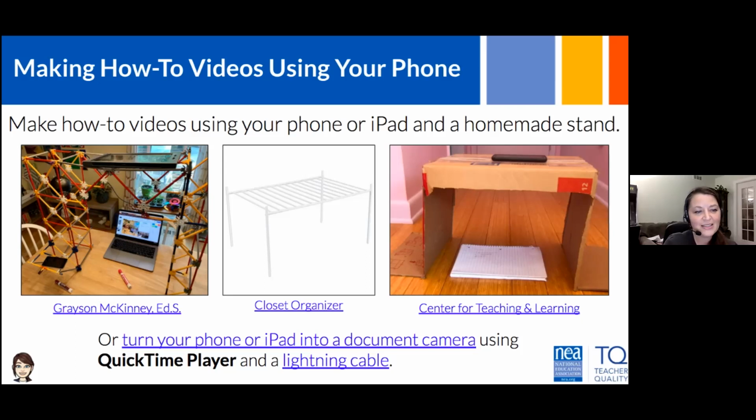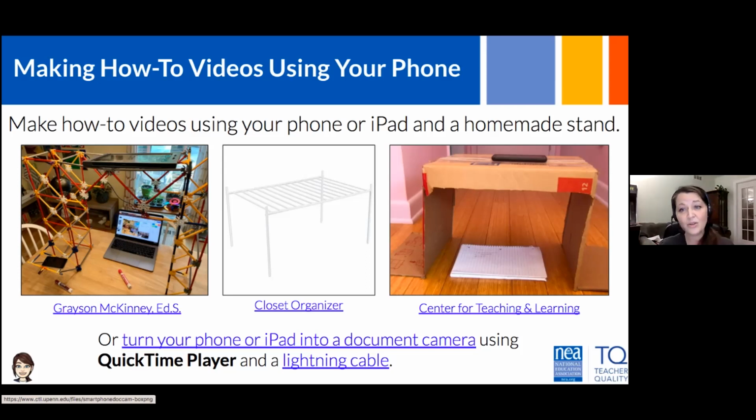But if you look, he has his little stand built with his iPad up top, and then he actually uses dry erase markers and writes right on his table and erases it. I think that's kind of brilliant in its simplicity. I've seen other teachers do the same thing with a shoe rack or a closet organizer. Usually I call that a shoe rack, and you put the whole of your camera right between the two slots.